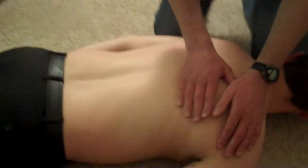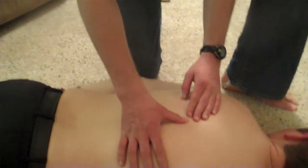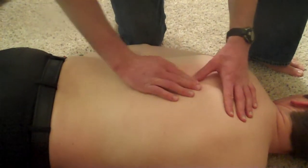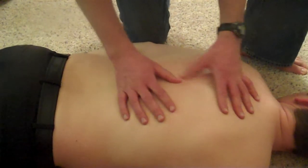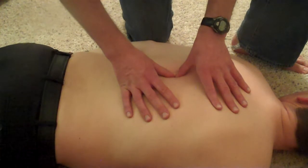If I want to palpate Scott's sympathetic trunk, you can't get a direct palpation because it is deep, but oftentimes it's going to lie just where the costovertebral joint is. So with that, we'll go to the spinous processes of the thoracic spine. I'm going to go about 2 fingers width away from that. It's probably a little bit easier to do it more in the lower thoracic, but right in about there,